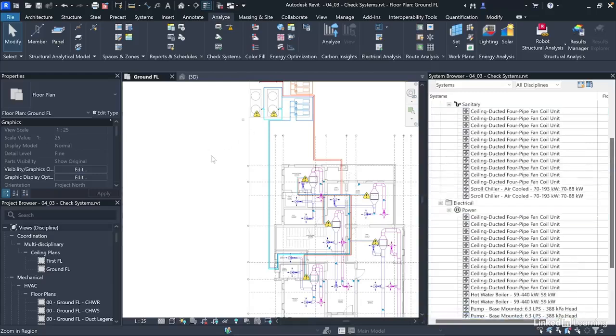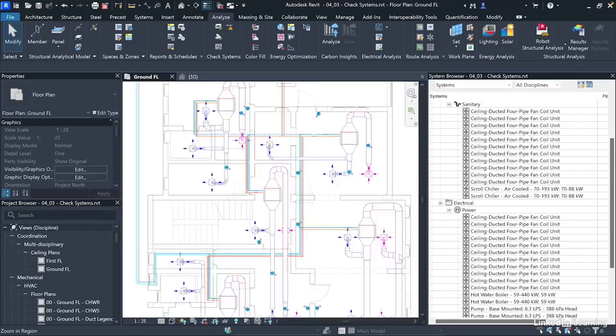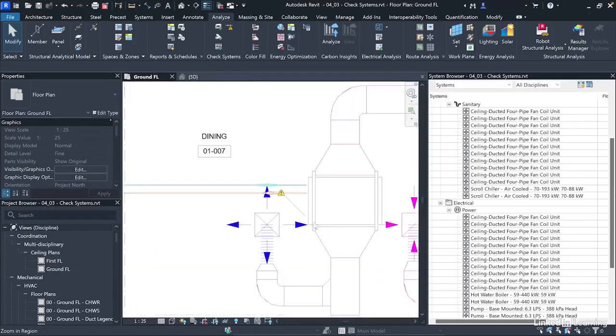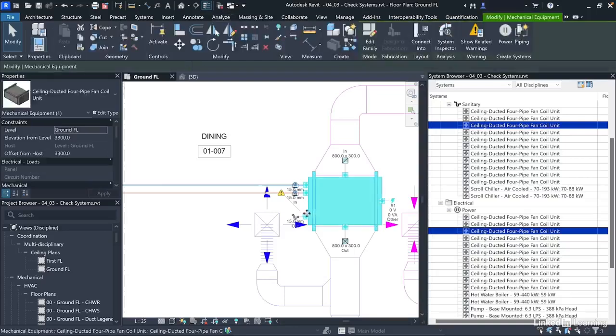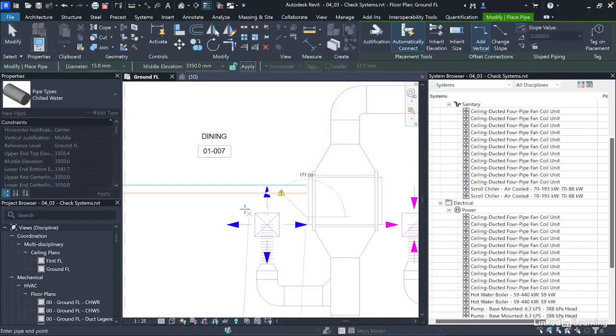So in this scenario, you have three options. First, you can create pipes or ducts out of the connectors. A good example is the condensate pipes in the fan coil unit. For example, we have these fan coil units, and what is flagging is the condensate pipe that's supposed to come out of here. In our project, we choose not to model that just yet, but this is one.